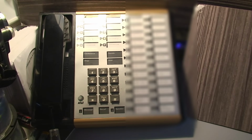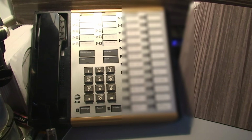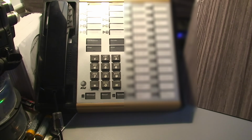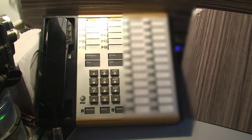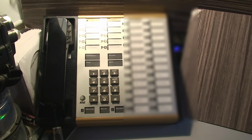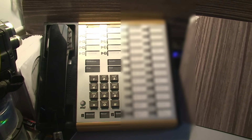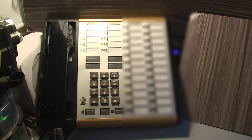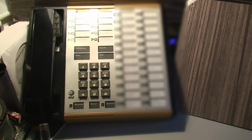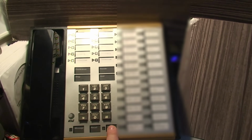A feature that I have not been able to find referenced anywhere in the manuals and information that I have actually read pertaining to the Merlin 410 is being able to customize the ringtone when an incoming call comes in. No indication, no elaboration as to this feature and how to utilize it, but I remember watching a YouTube video many years ago of somebody doing it, and that's how I discovered it. So I'll put this into the programming mode by flicking that switch down, and if you press the speaker button,